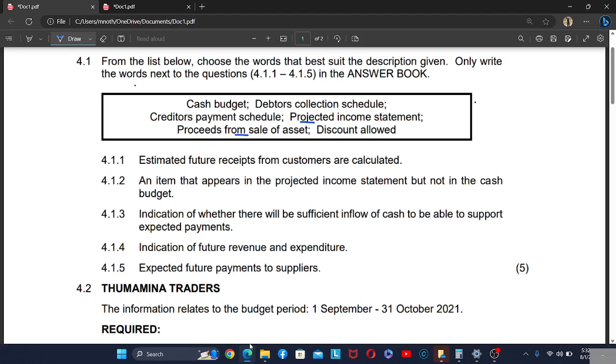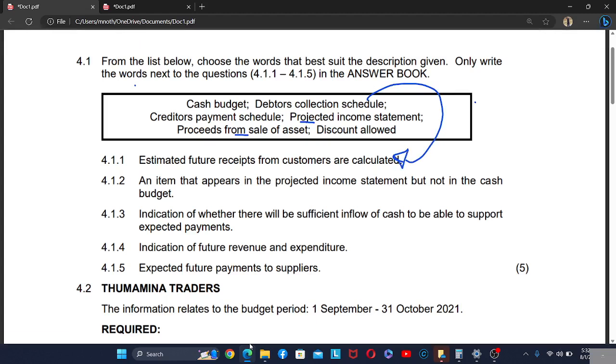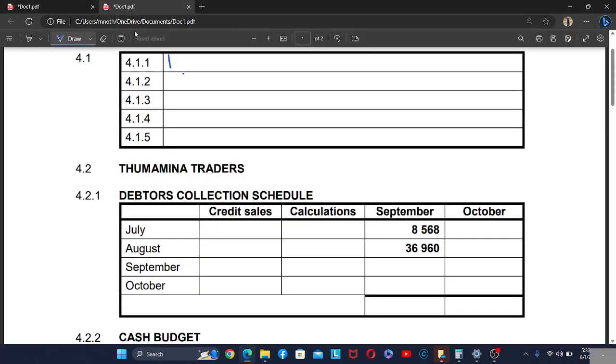4.1.1 estimated future receipts from customers. Which one is that? That is a debtors collection schedule. You need to remember the reason the business prepares the debtors collection schedule. It is to see the expected receipts from its debtors. So 4.1.1 is the debtors collection schedule. And then